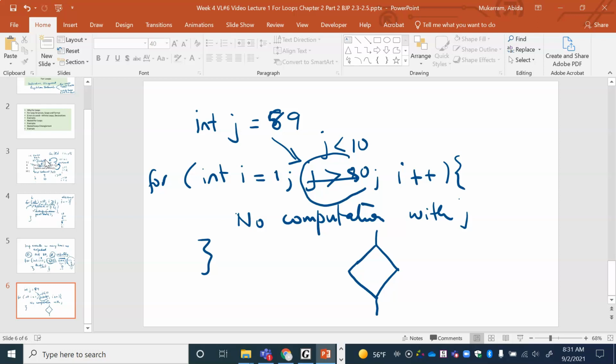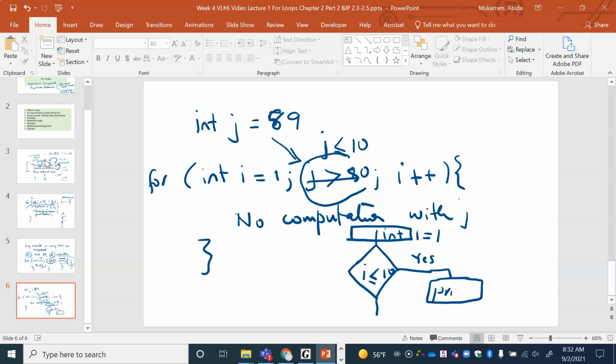Our original thing was i less than or equal to 10. So this is as though you've got an initialization, integer i equal to 1. Check if i is less than or equal to 10. And if the answer is yes, then go ahead